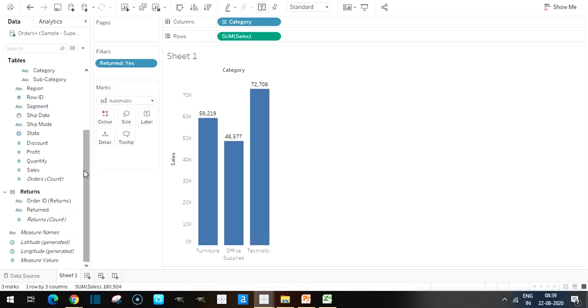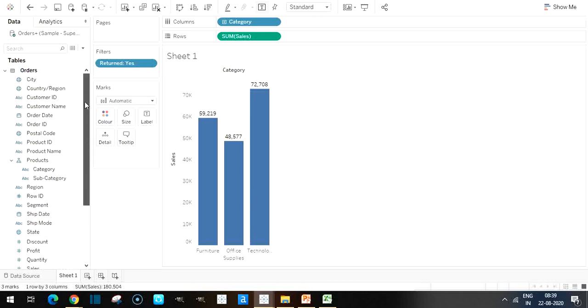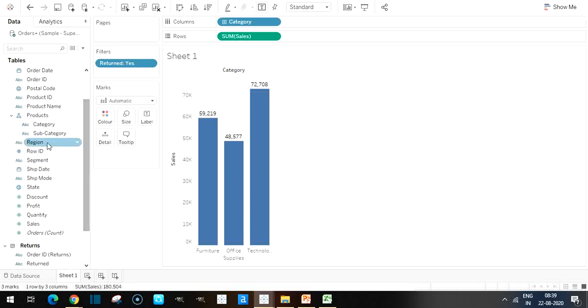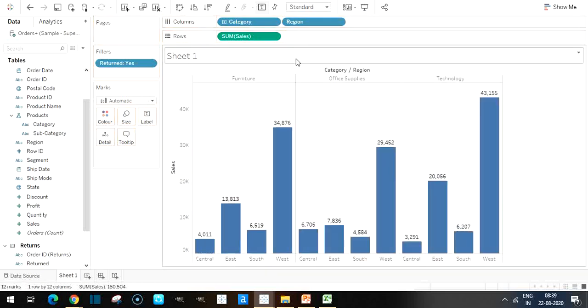Okay, and now if you want to look at those by one more dimension, you can bring reasons. You can bring categories and reasons together. So for now you can look at, hey, for furniture, what is the return profile for all these four reasons? For office supplies, what is the return profile for all these four reasons? And you can create a descending order to put them